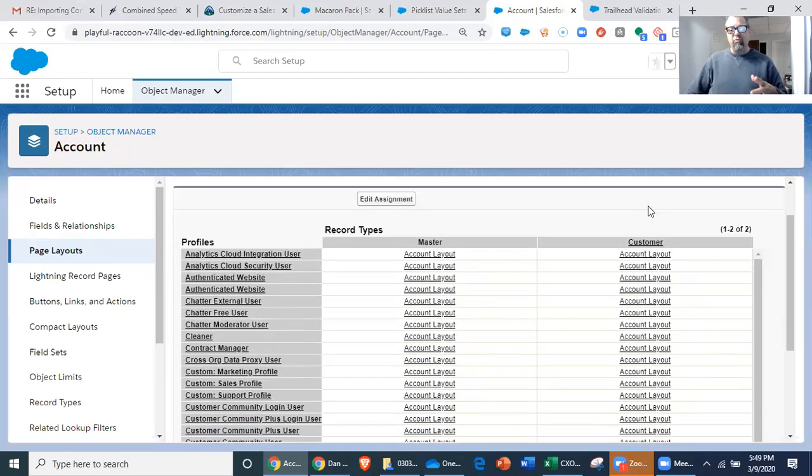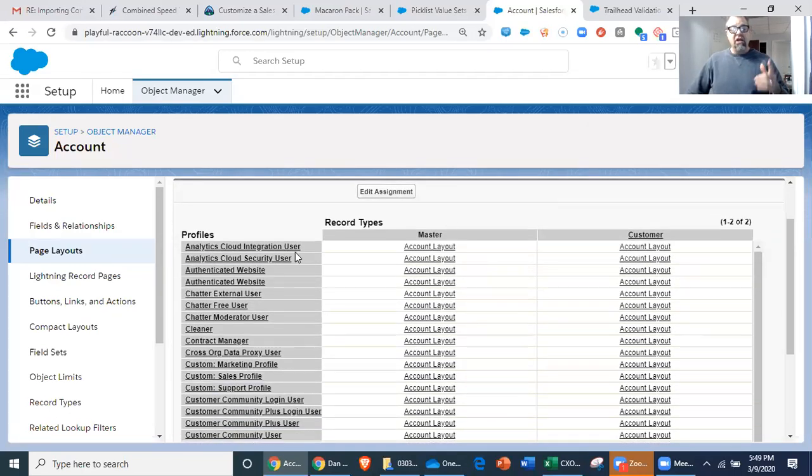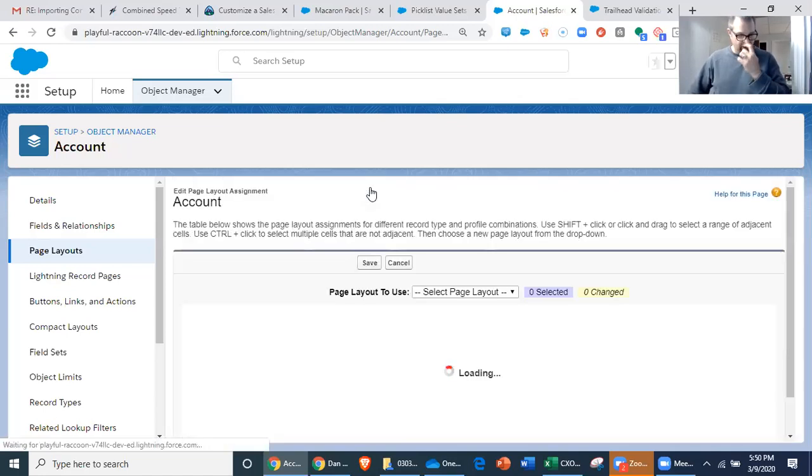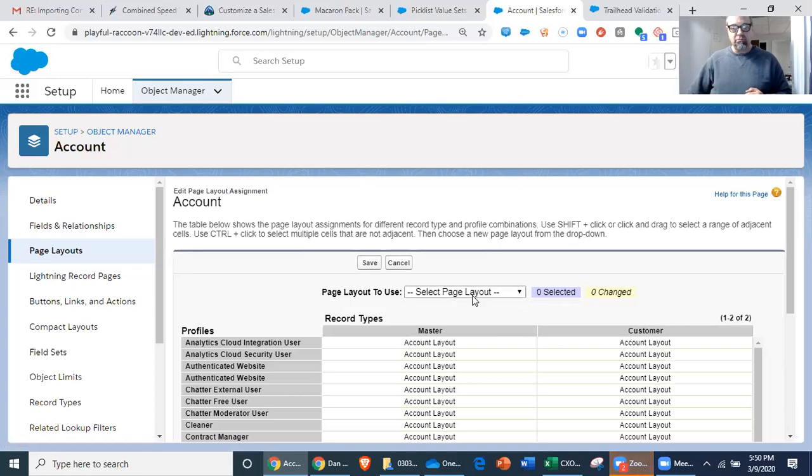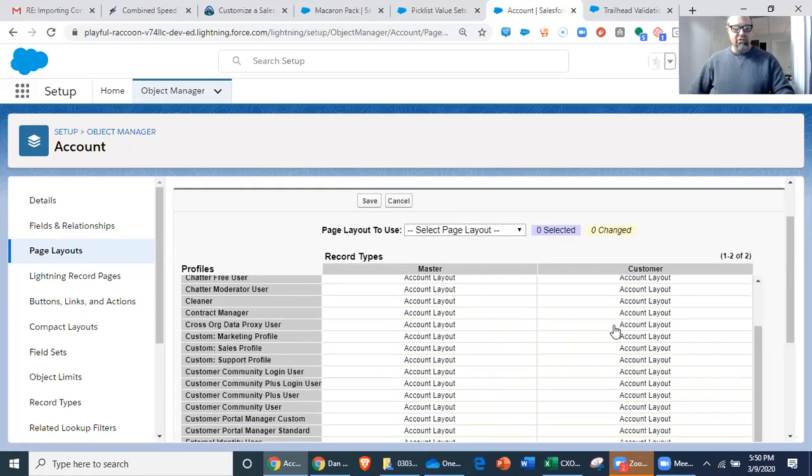And as I add page layouts, think about it this way: before you have a record type, every profile has access to just one page layout. And if you have multiple page layouts, you can assign one page layout to one profile. But once I've got a record type, then I could say, well, depending on the kind of record that I am, let's see, wait,